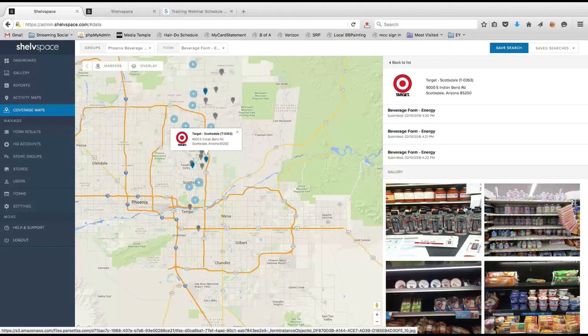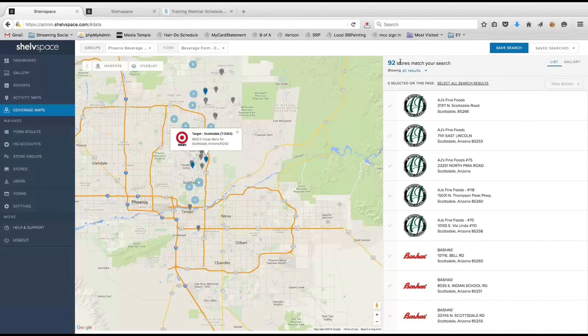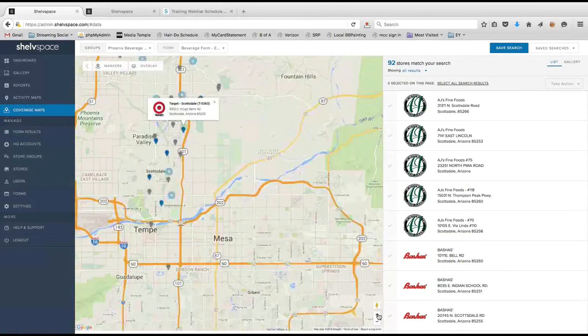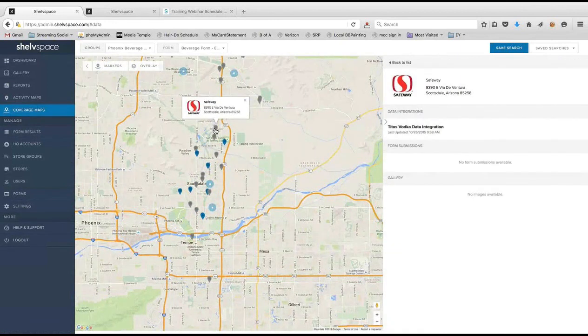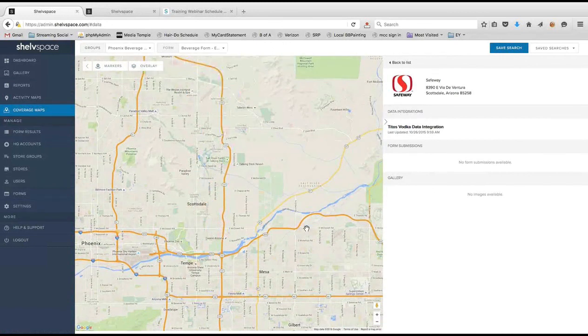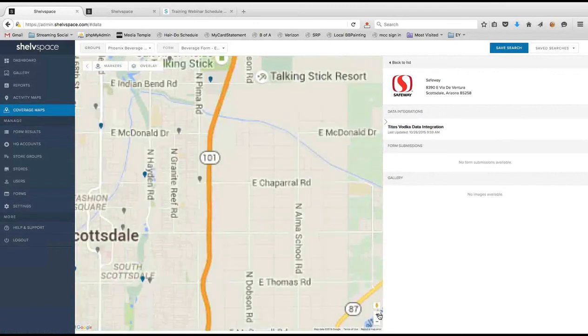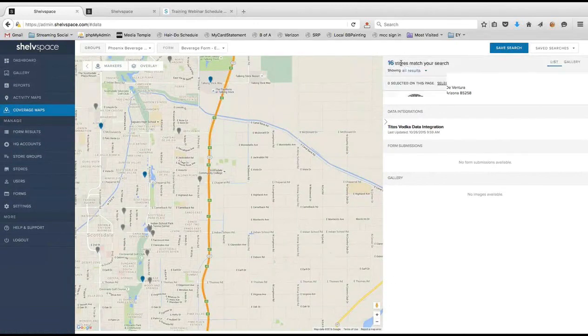So speaking of which, I'm going to show you how to create a store group from the coverage map. For example, as I'm researching based on all that information, I say, hey, this store really has 3 voids, so I really want my reps to follow up on this store. I can start to zoom in, pick those stores out, and select them